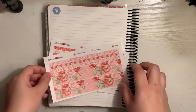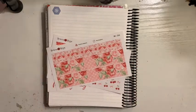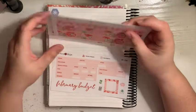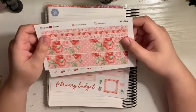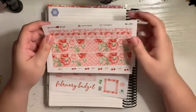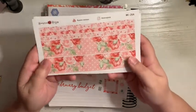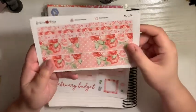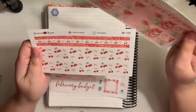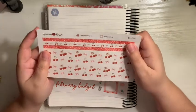All right. So since we finished our monthly setup, we're going to do our budget setup. Now, I went a little crazy when I saw this kit for Romania Rosa. I love the flowers with the little hidden hearts in there, but she also had a different one with different washi, and it was these beautiful cherries